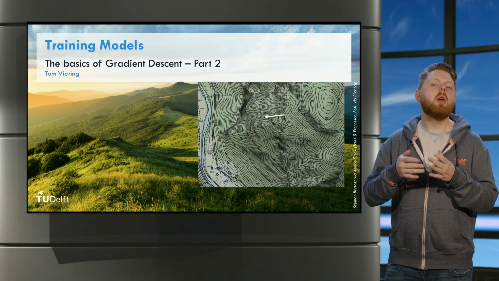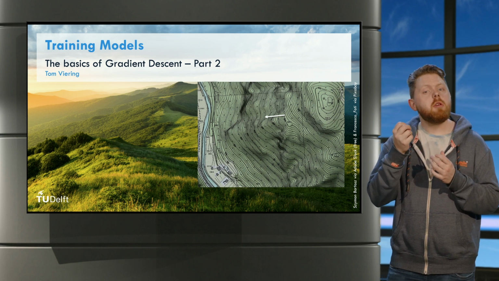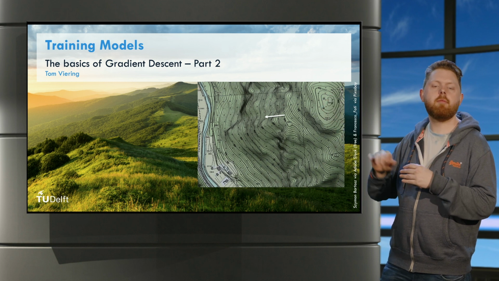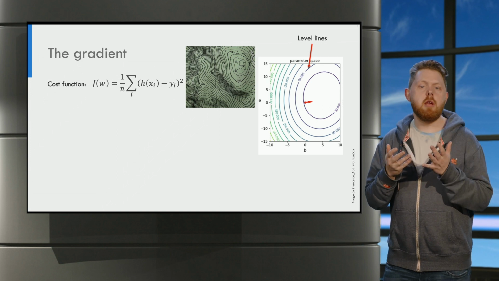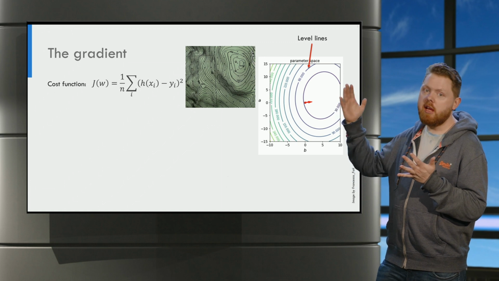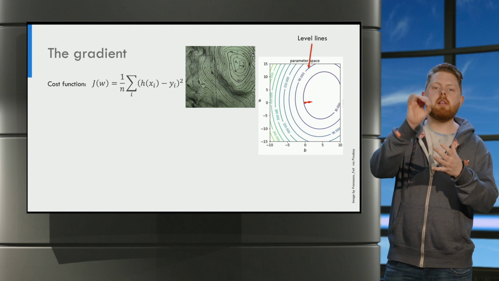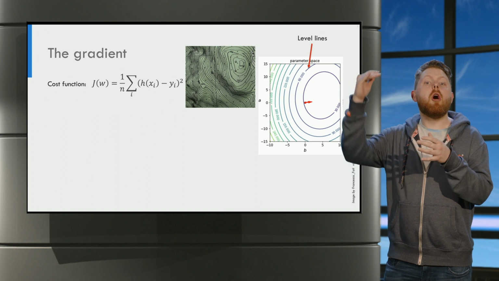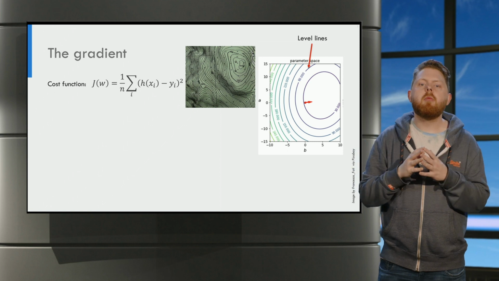Welcome back. Now let's go back to the theory of gradient descent, and perhaps you already begin to understand what this picture of a map is all about. When we vary the parameters a and b and visualize the objective function, we obtain a landscape with level lines in the top right. When we move around in the landscape, in other words, when we change the parameters, we go up or down the landscape and the objective value changes.